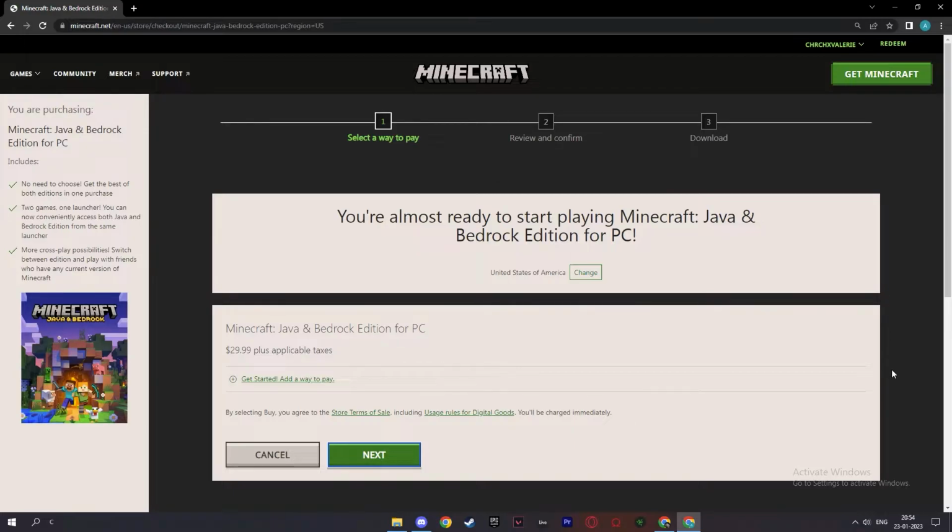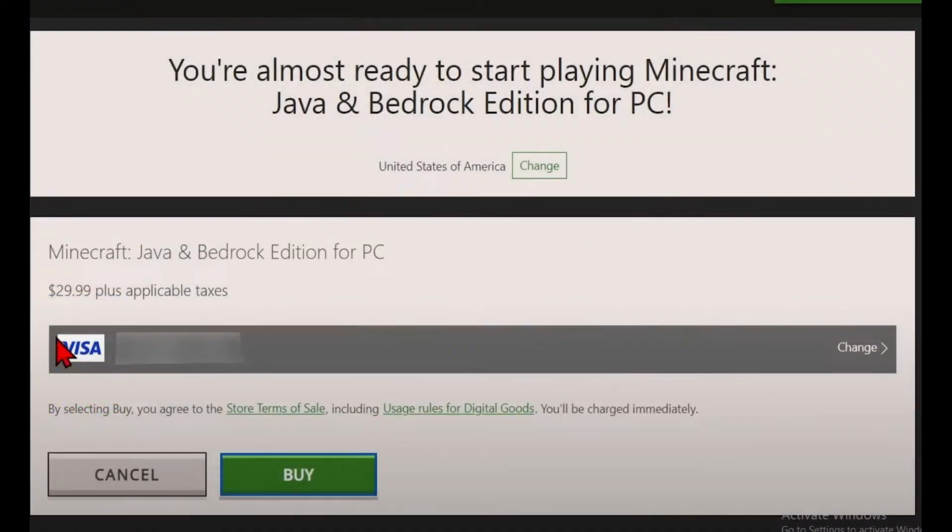After you sign up or log into your Microsoft, you will be headed to this page, and from here I will show you the pictures of how you will proceed with the tutorial. Planning to buy the game, as I don't play Minecraft, I will show you the steps that are required to fulfill your task. Now you will select your payment method and then select buy,